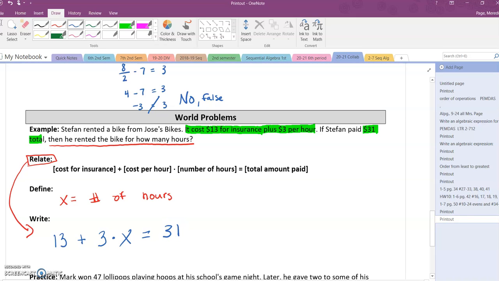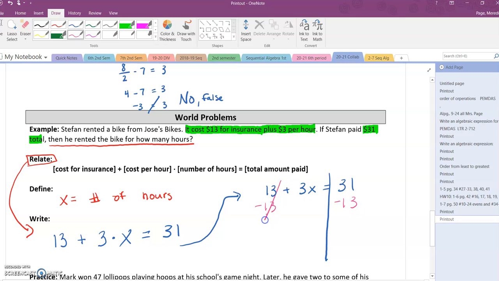Okay, so now if you want to, I'm going to clean this up a little bit, and I'm going to put here because I ran out of room. So 13 plus 3x. Now remember, 3 times x, better way to write it in algebra is 3x equals 31. Now, line down the equal sign. Let's solve this. Remember, our goal first is to add or subtract to isolate the variable term. So I need to get rid of that plus 13